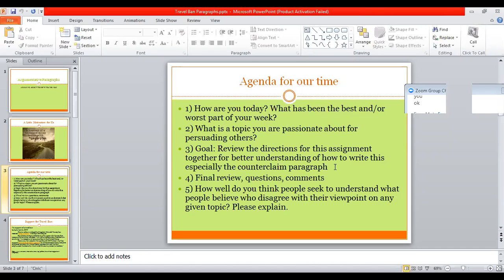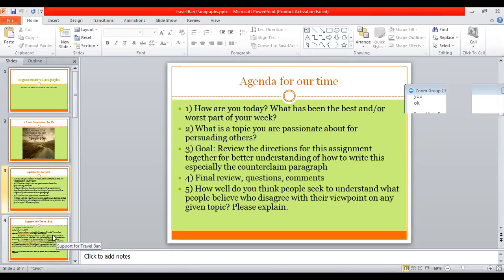So hopefully, like I said, I know you said you already did this. I hope this will be helpful review for you, especially because I do think writing a counterclaim in general, whether it's for this assignment or even on future assignments, because I know there are other ones and other classes where this is done, it does seem to be confusing. And so I'm hoping that fleshing it out and breaking it down can be helpful for you, even on those future assignments too.